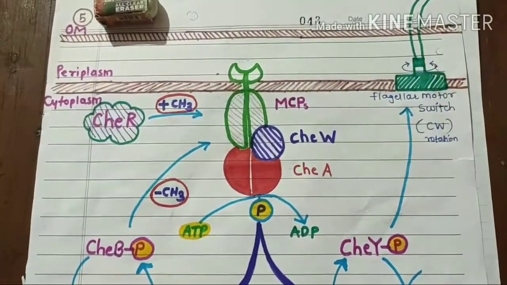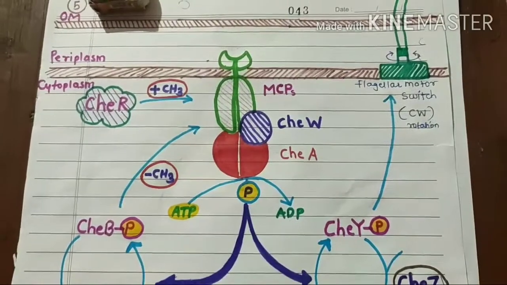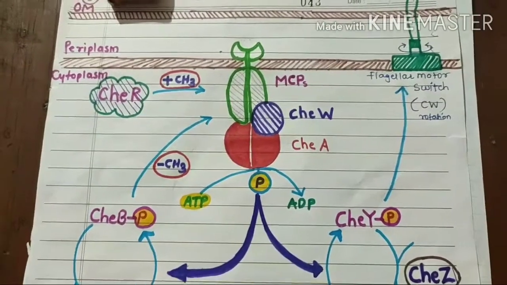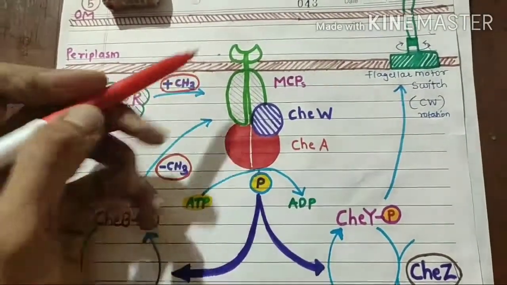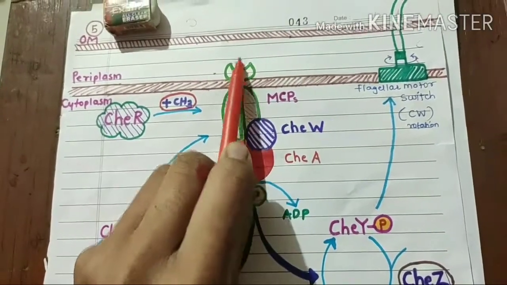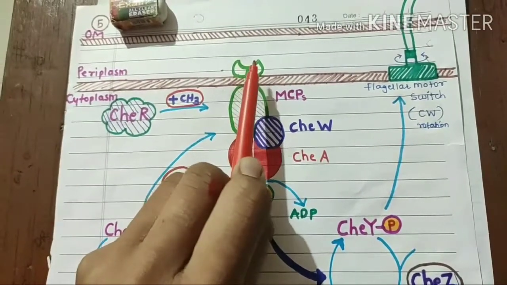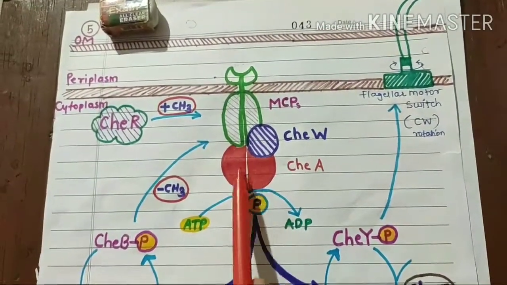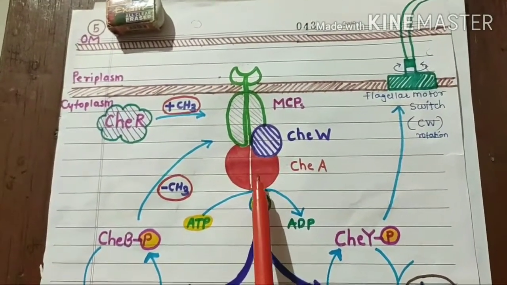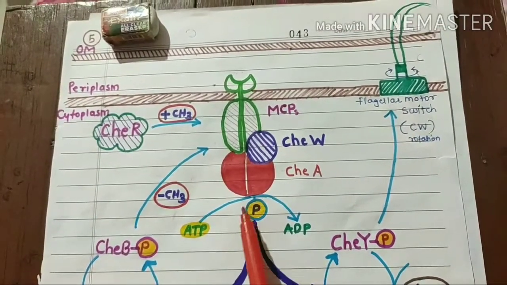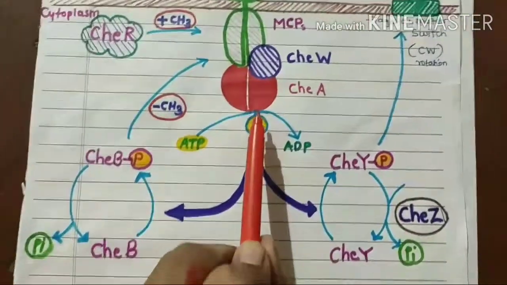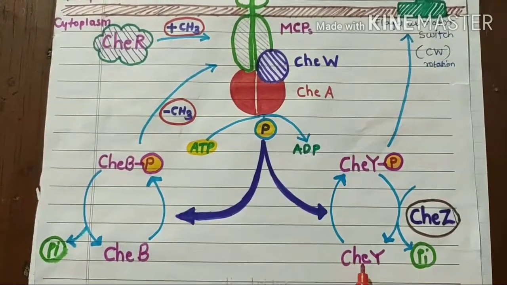Let's see how bacteria normally behave, that is, in normal run and tumble. So this protein is the MCP. When it is bound to nothing, that is, no attractant and no repellent, this CheA is in active form, which means this histidine kinase is active. So it can autophosphorylate itself, taking phosphate from ATP. And now this activated CheA can phosphorylate 2 response regulators, that is CheY and CheB.